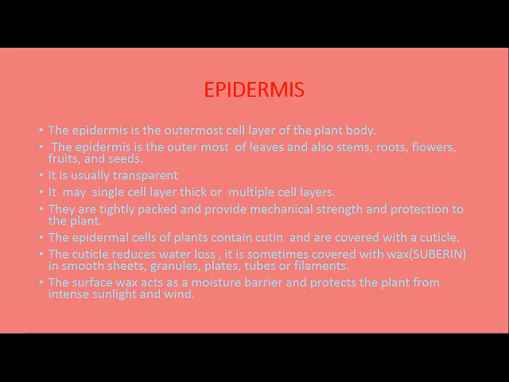What happens if the leaf or the plant continuously takes on water on its body again and again? It can lead to its decay. So this epidermal cell contains cutin, which is actually a wax-like substance, and it protects the plant against the weather condition, very high sunlight. It helps to reduce the water loss by the process of